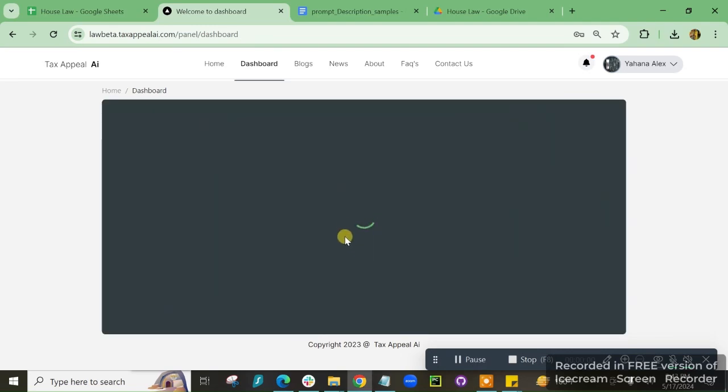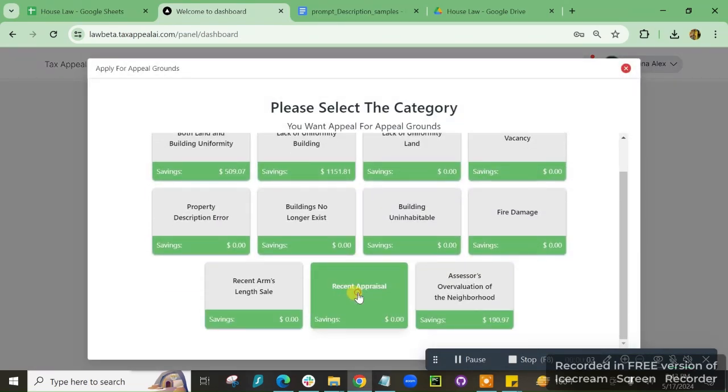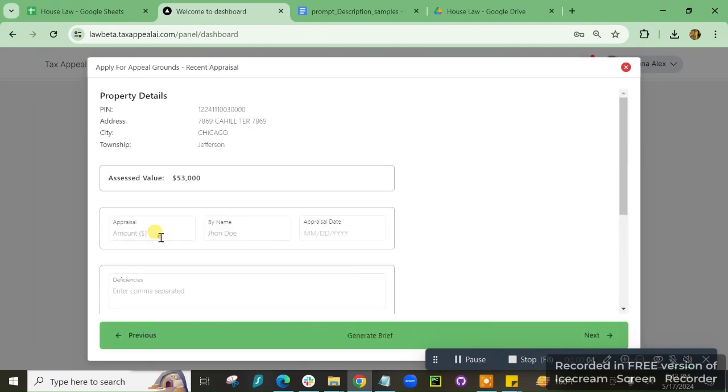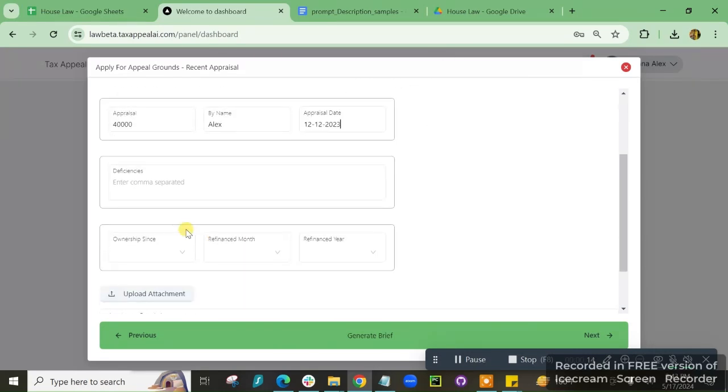If there's a recent appraisal for the property, users can appeal by selecting this category right over here. After navigating to this category, the users have to add the appraisal amount, the name of the person who conducted the survey, and the appraisal date as well. So the date is selected, and after that, we are going to add a short description for the appraisal, adding this extra information